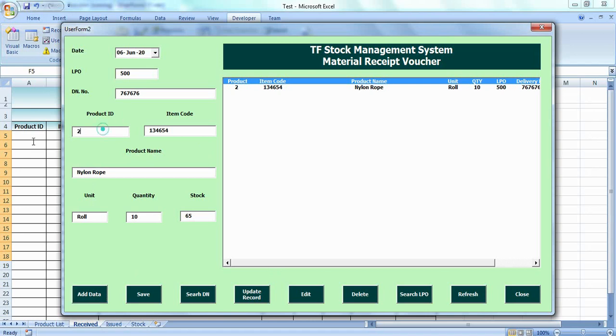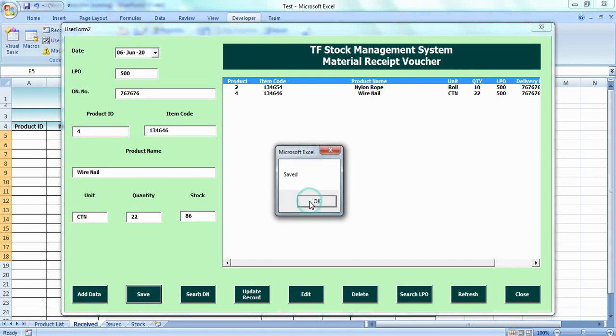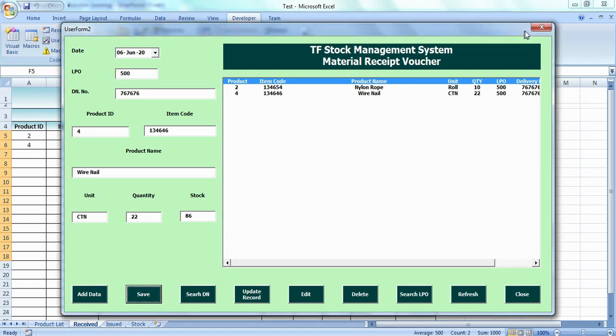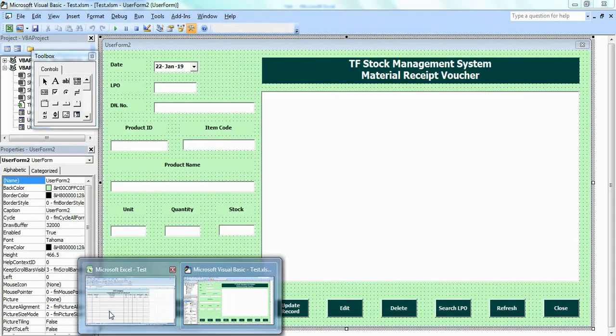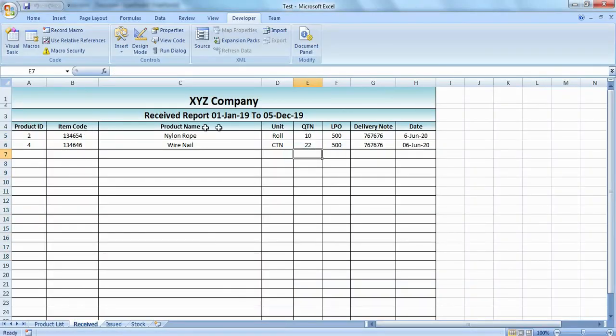I will add one more product. There are no 5 products, so I will add 4. So we have already added 2 products. Now I will save it. You can see I got a message. Here we can see the values are entered.